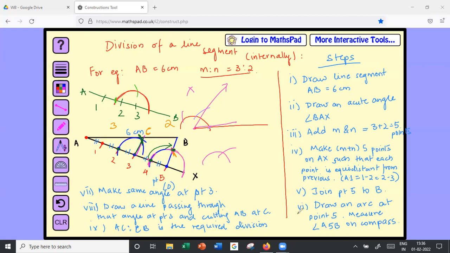Okay, understood. Don't worry if you're not clear about this. There's a second method of doing it. Now I'll repeat the whole thing again, so whatever doubts you have might get cleared when I do it again.